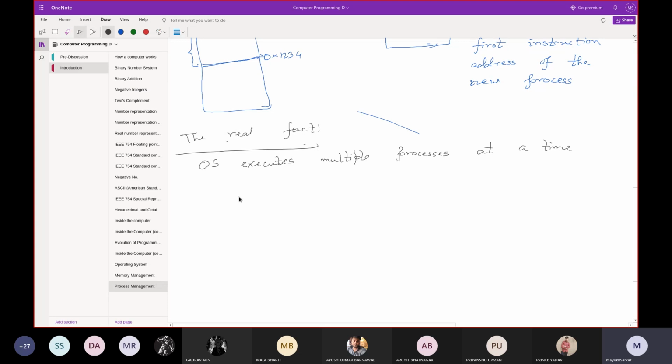Though there are several algorithms to do that, there is a list of all processes. That means the list of all PCBs. Okay, there is a list of all PCBs. So maybe the list is something like that.